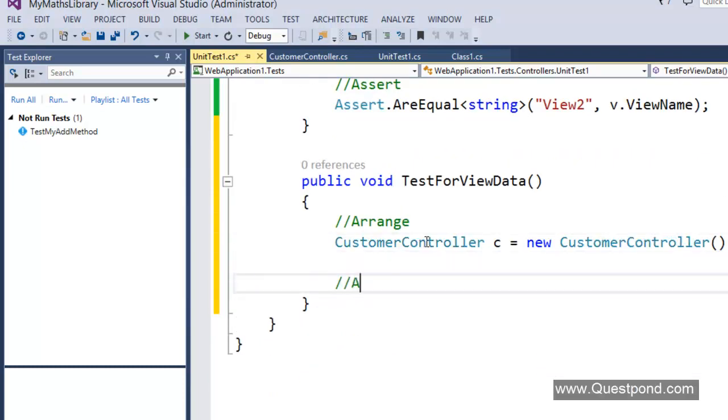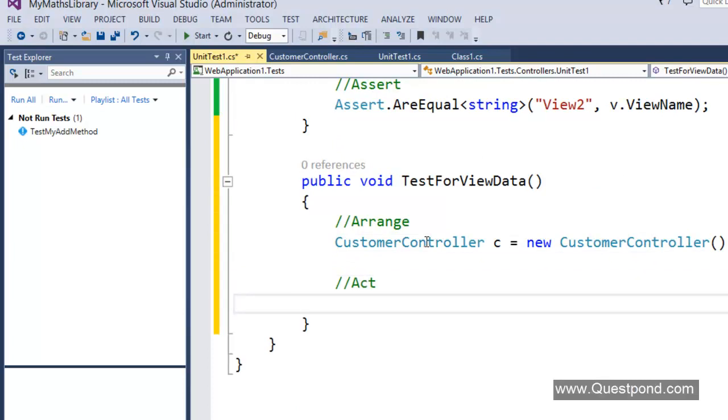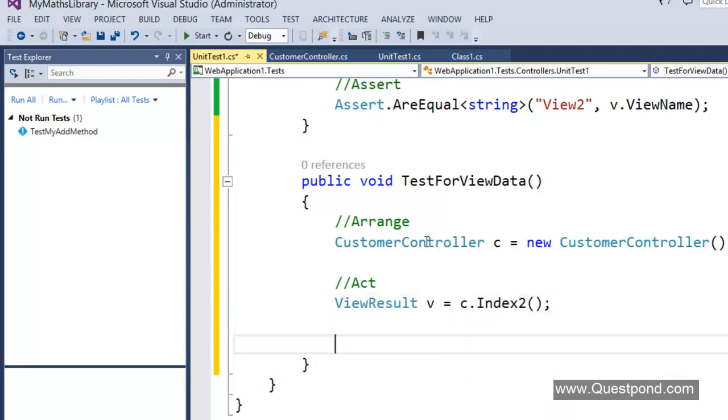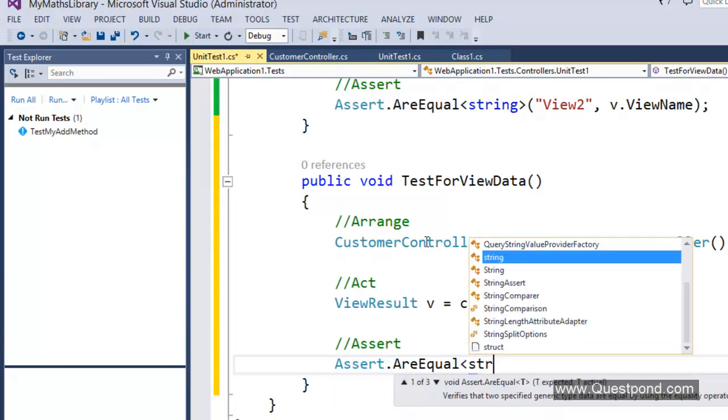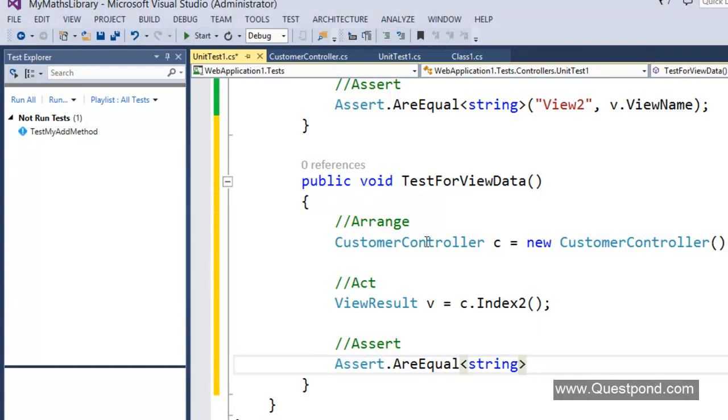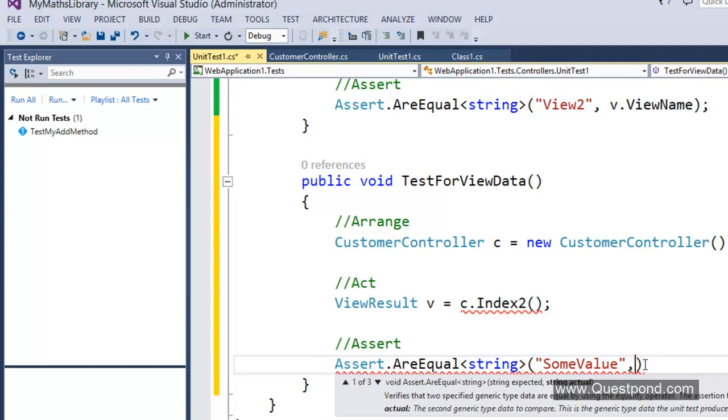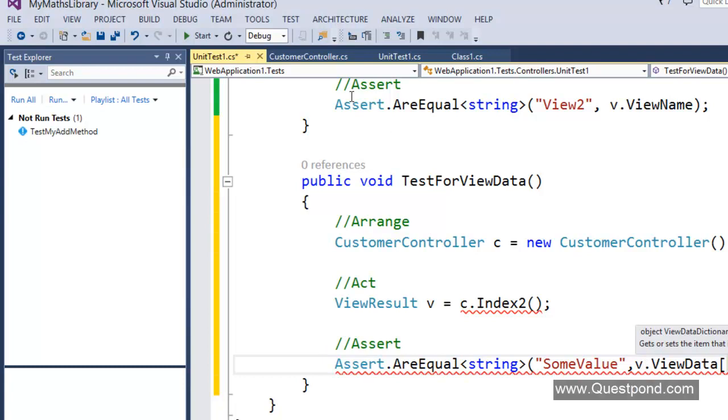Then we will write act statement, where we will say again view result v is equal to c dot index 2. Okay, and finally in assert statement we will say assert dot are equal, I am expecting string to get, and my expected value is some value, and I am actually getting v dot view data of what was the key, it was my key.